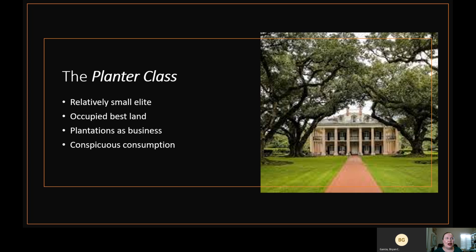Now, they certainly do invest in leisure and nice things. Wealthy plantation owners really focus on flaunting their wealth through what we call conspicuous consumption. So in other words, you broadcast your wealth by the clothes that you wear, or the antiques that you have in your house, the elaborate houses that you build, or taking lots of vacations, or throwing lots of parties. So in other words, demonstrating the wealth you have through either stuff or activities that the masses can't afford. So kind of the antebellum equivalent of like rappers talking about how much they love like Gucci and Louis Vuitton, etc.